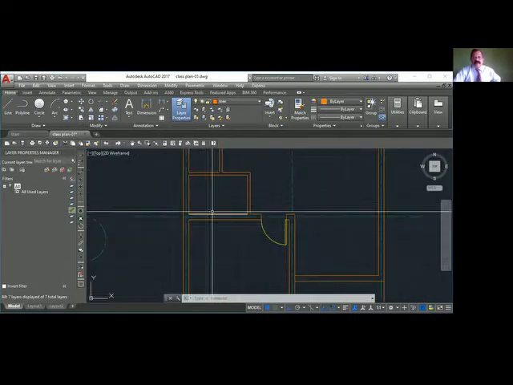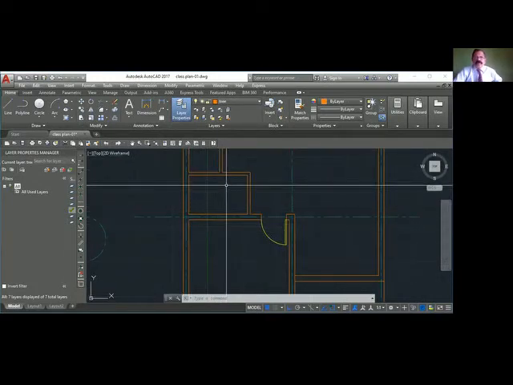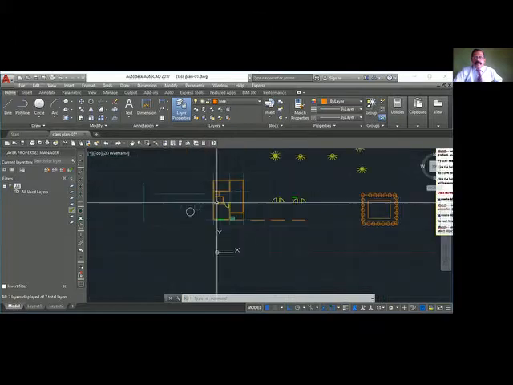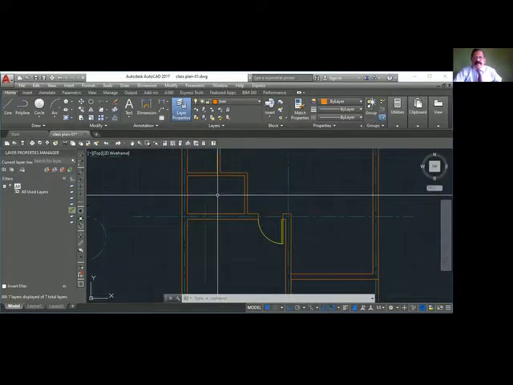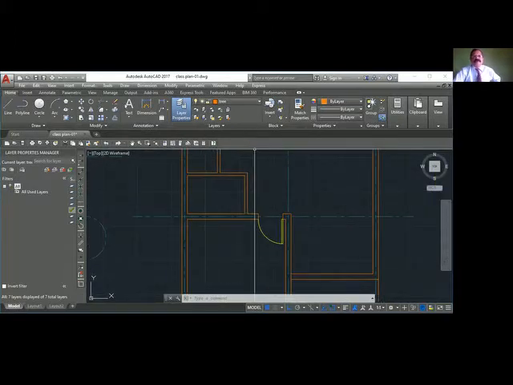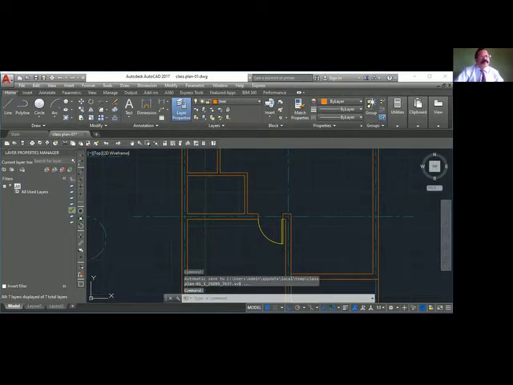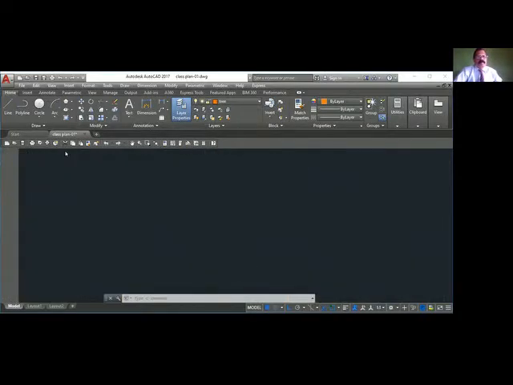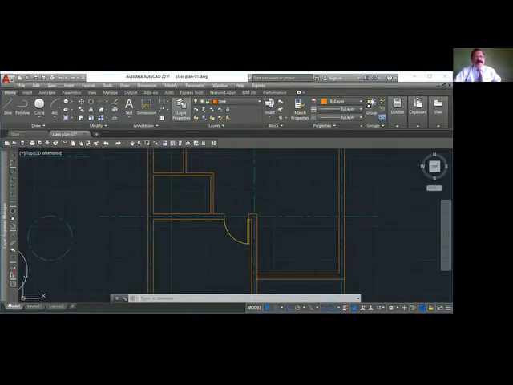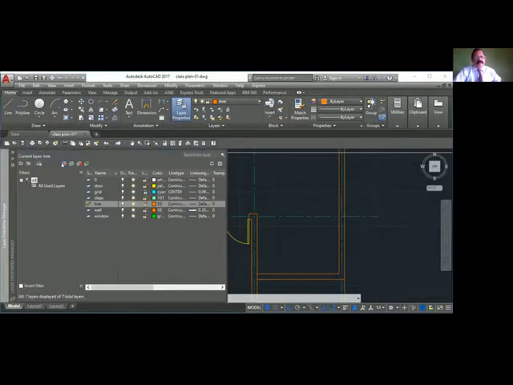Now here, I want to keep a small wash basin here. Okay, I will go to a new layer. I'll make a new layer, Sanitary.